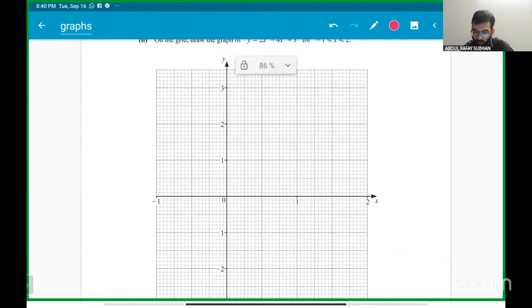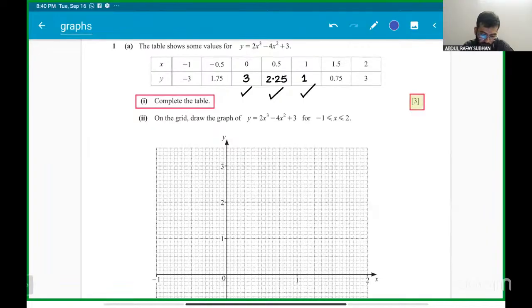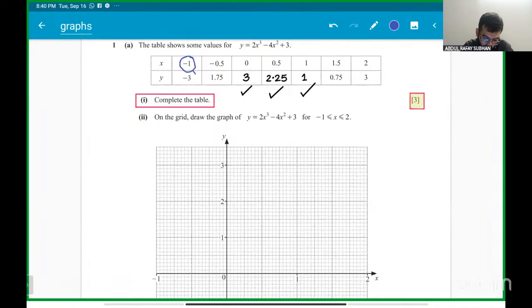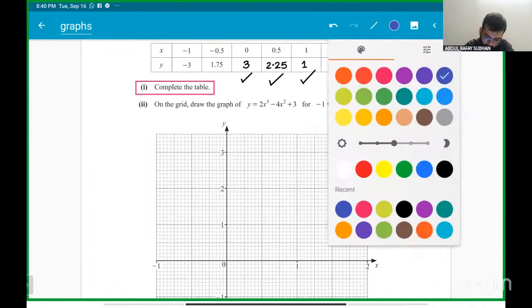Make sure a lot of students struggle in putting the points as well. You have to be careful and plot the points very carefully. Let's start. So when x is minus 1, y is minus 3, you have to take a pencil and plot it very carefully. So you can see the examiner is telling us on the grid